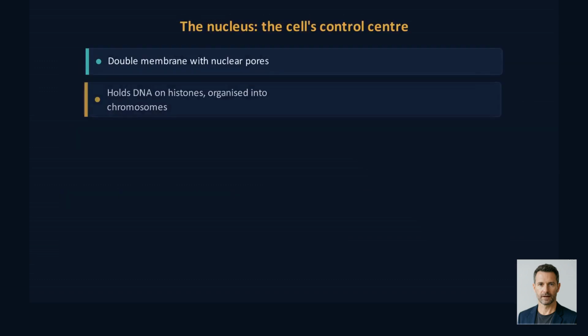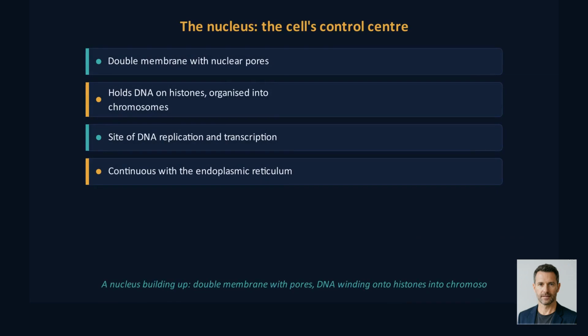The feature that defines a eukaryotic cell is its nucleus, so let us start there. The nucleus is a double membrane-bound organelle, and inside it sits the cell's DNA, wound around proteins called histones and organized into chromosomes. Studded through that double membrane are nuclear pores, channels that control which molecules move in and out. The nucleus is the site of two essential jobs: it is where DNA is replicated, and it is where genes